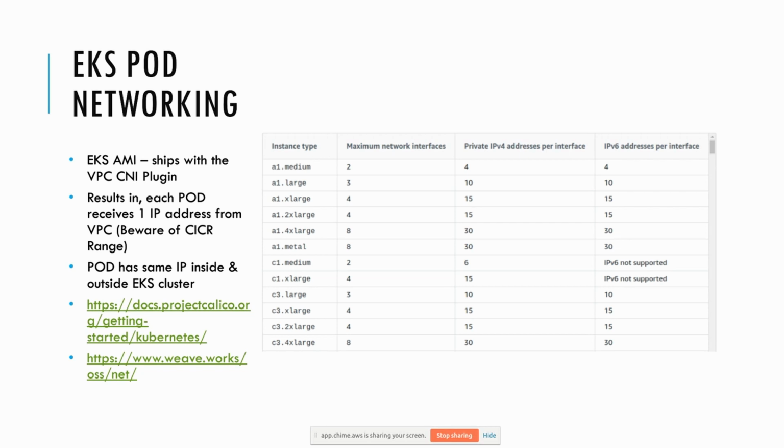So if you are in a corporate environment where you're restricted in the number of IP ranges you can use, you can remove the AWS VPC CNI and install a third-party network interface, be it a Calico one, and that will give you an infinite amount of IP addresses. But you lose all the benefits that interact directly with AWS core features like VPC logs, security groups, and such. Cool. Luke, if you can go to the next slide.